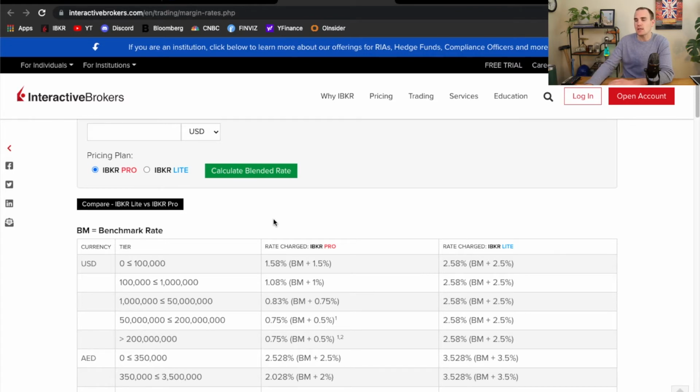So let's dive into the Interactive Brokers website and just explain it a tad more. So this BM here stands for the benchmark rate, and a bunch of different brokers have different rates, so you need to double check this, but Interactive Brokers, the benchmark rate, you can go to figure out what that is. You can see that it's BM plus 1.5% equals 1.58. So we know that BM is a very low number. It's actually 0.08. And that makes sense given the fact that rates are so low.